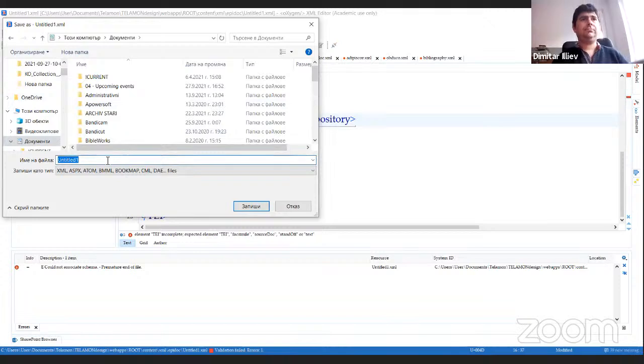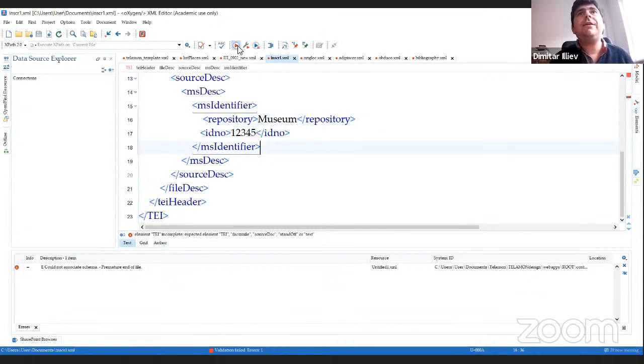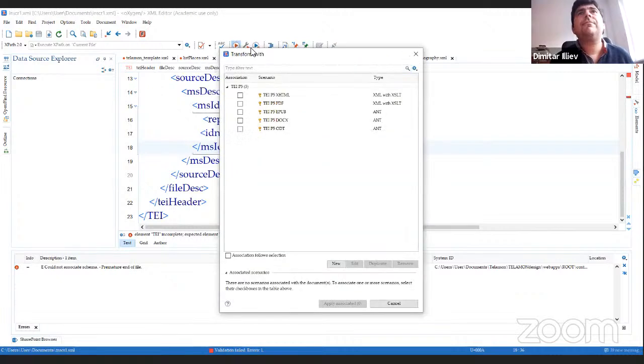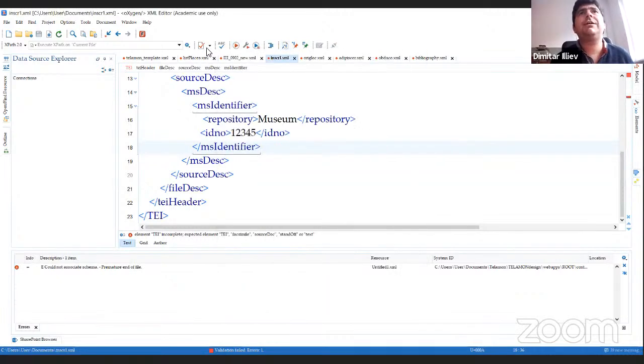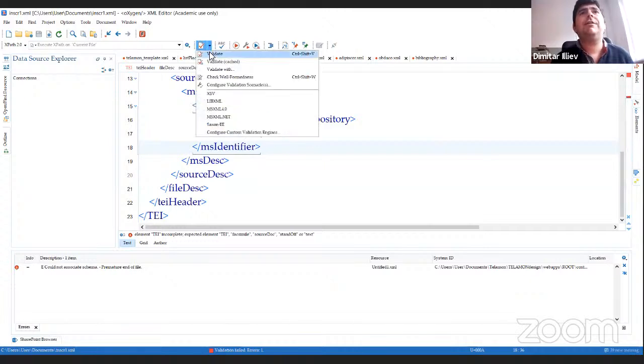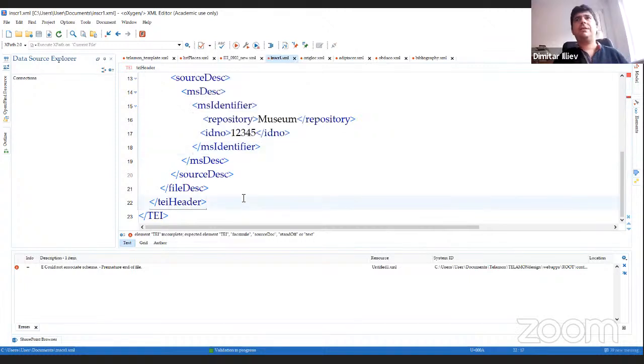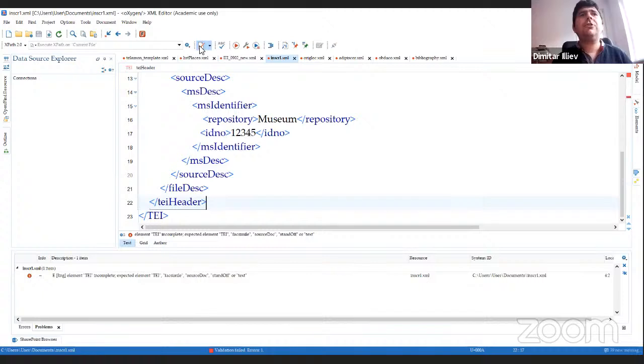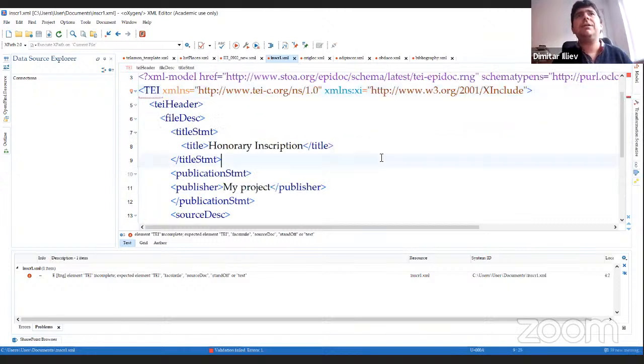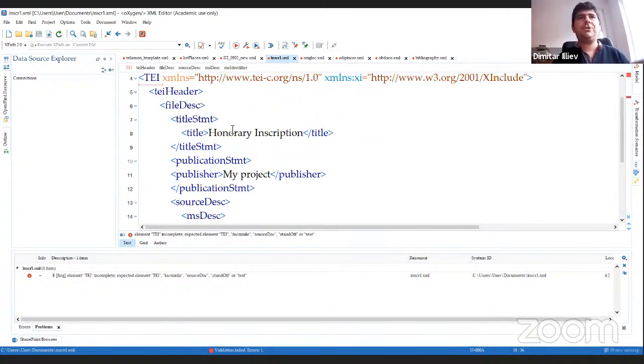So here. And then you can, no, this is a transformation scenario. Then you can check its validity and its well-formedness here with this document with a slight checklist. Now it is not full. This is why it gives a mistake. But when you fill in all of the information,